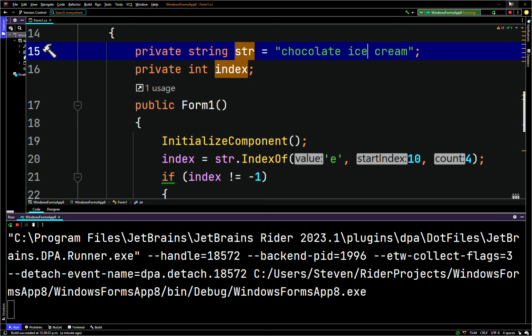Okay, for the next one, we can look for last index of. The last index ones are kind of tricky. So for example, the description is: string is the name of the string variable or a string expression. Basically, this is the string to be searched. And the argument, or the parameter, I guess in this case it's an argument,